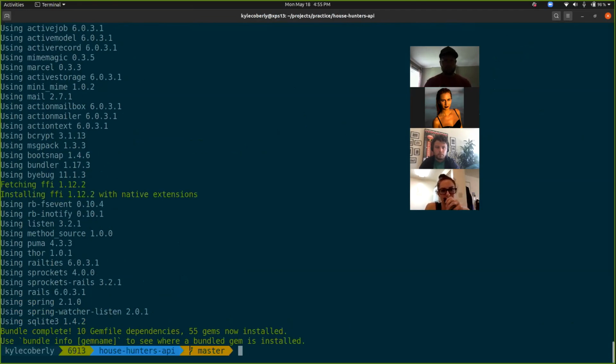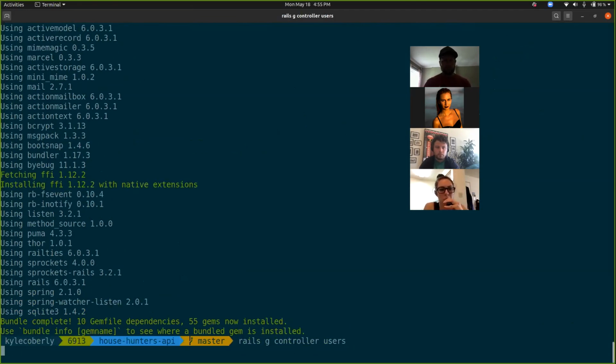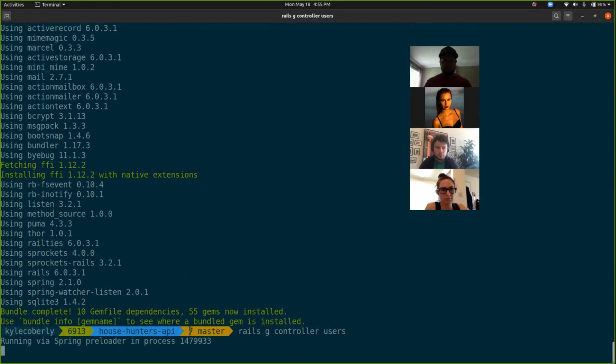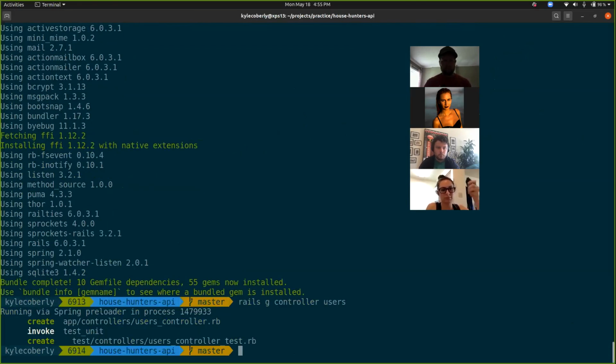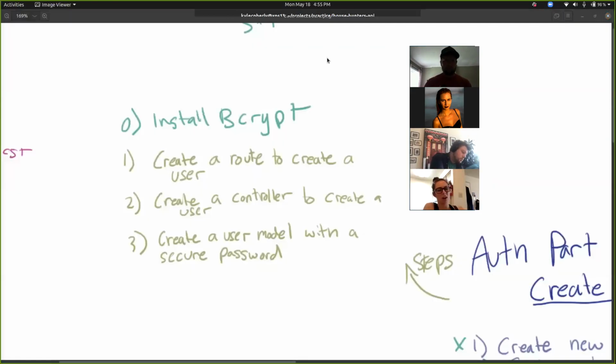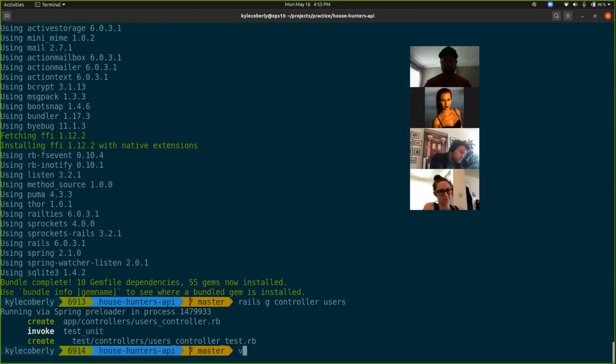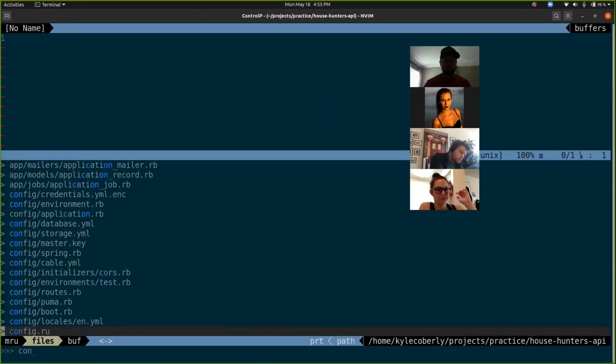Cool. Boy, is that annoying. Then I make this users controller. Easy thing to get mixed up here: controller is plural, model is singular. It's rails g model user, rails g controller users. And then I'm going to fill out that controller